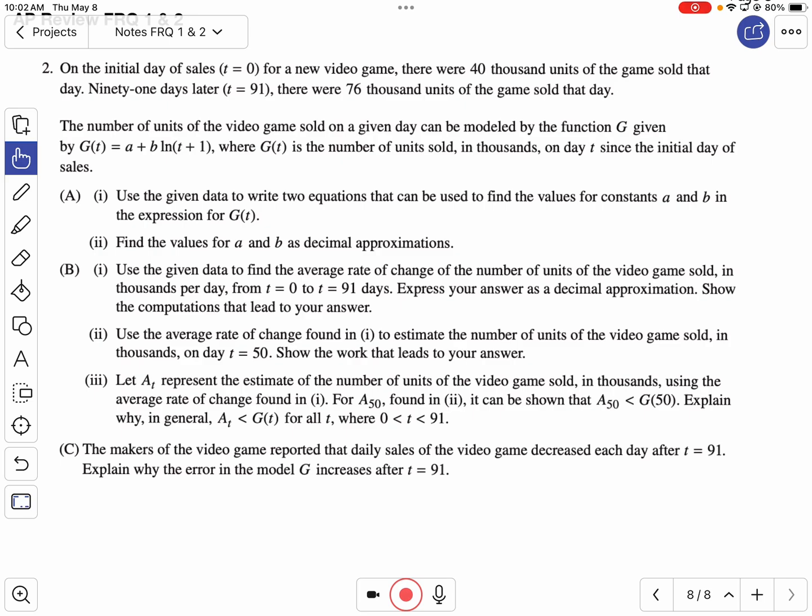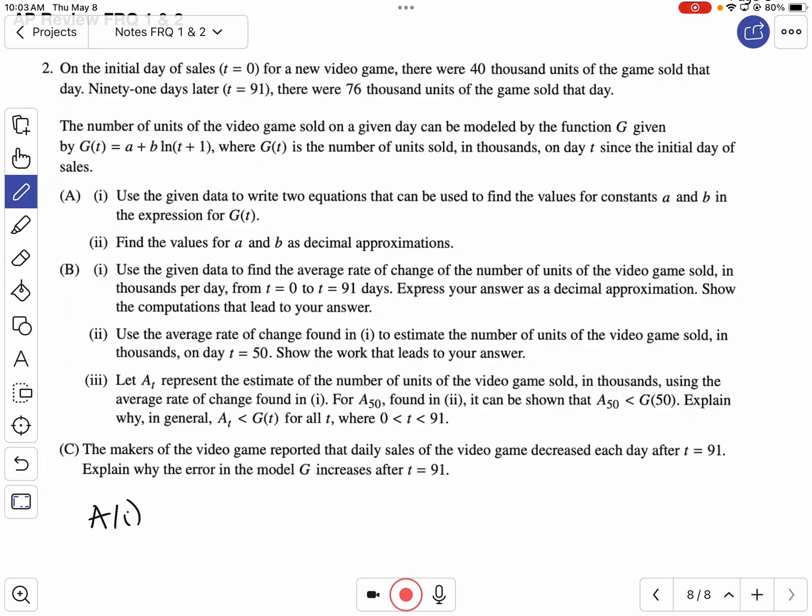All right, so it says on the initial date of sales at time 0 for a new video game, there were 40,000 units of that game sold that day. 91 days later, so t equals 91, there were 76,000 units of the game sold that day. The number of units of the video game sold on a given day can be modeled by the function g, given by g of t equals a plus b ln of t plus 1, where g is the number of units sold in thousands on day t since the initial day of sales. And so part A, question 1,